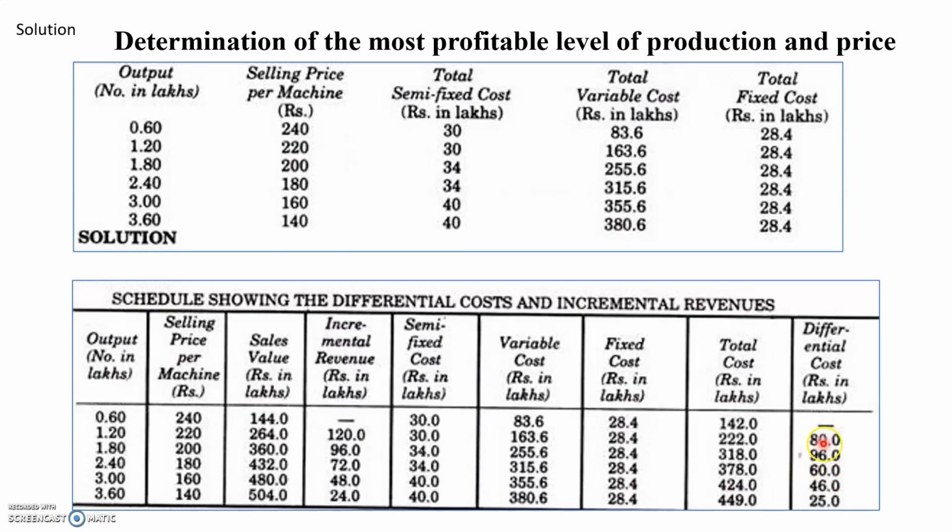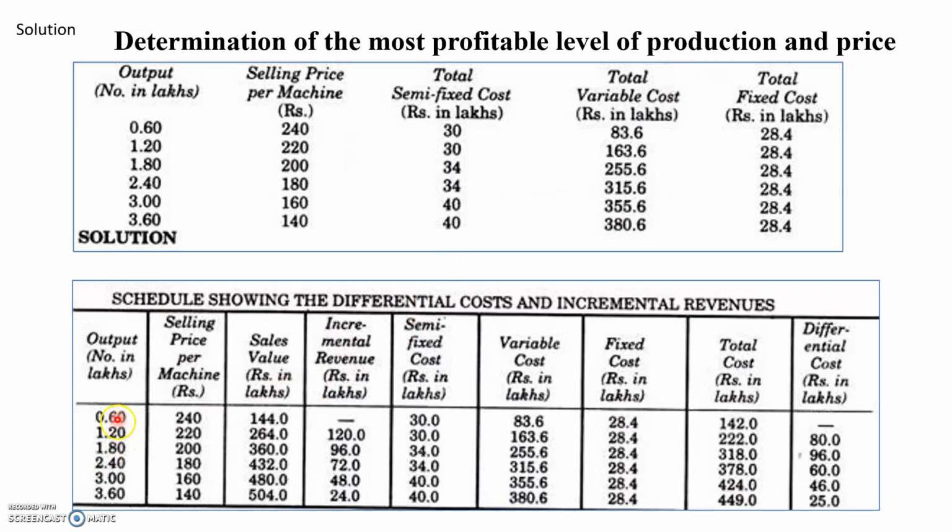So the incremental cost, or the increase in the cost, shows a decreasing trend. From the first stage to the second stage, there is an increase of 80,000, then 96,000, then 60, then 46, then 25. So this is the column of differential cost. In all the cases, it is incremental cost: from the previous stage, there is an increase in the total cost. Then the decision must be based on,